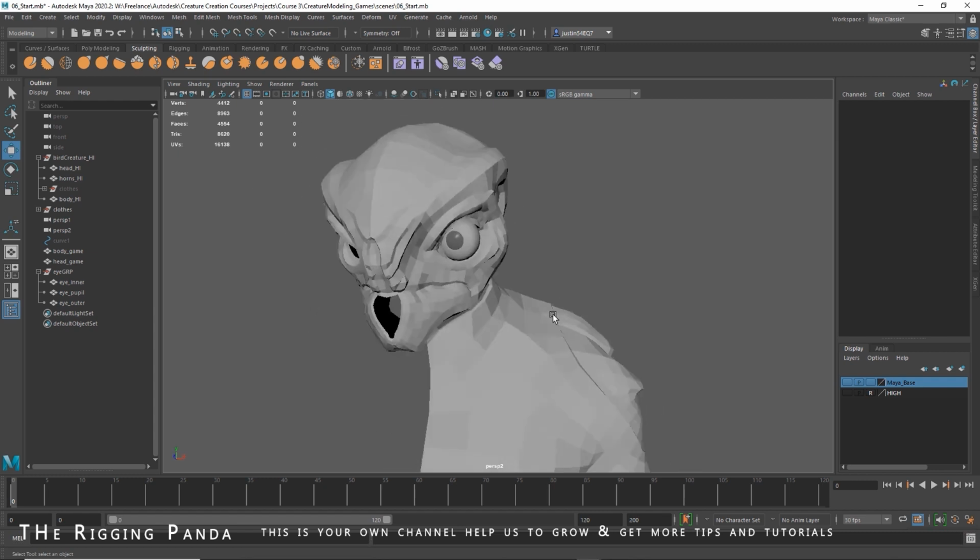So once you've got that done, the next thing we'll do is we're going to build a necklace. So a piece that we don't have at all. And we're going to use quad draw in a way that we haven't really used before to create a completely new piece of geometry. But we're going to use the base